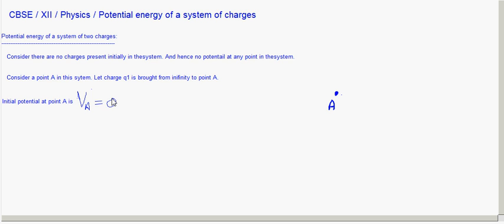So the work done in bringing q1 from infinity to A is,